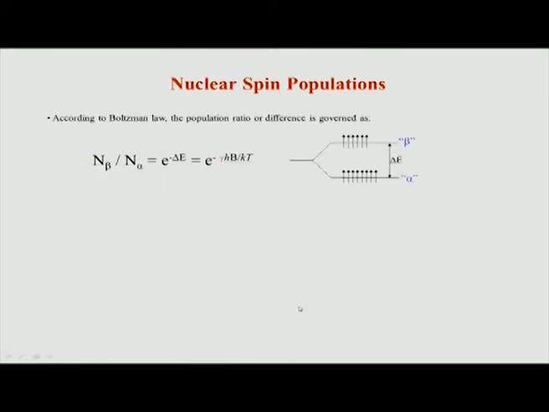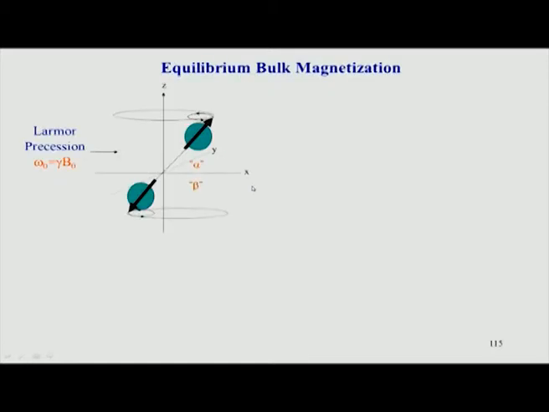Now, if you look at it population-wise, according to the rule known as Boltzmann's law, the two energy levels are not equally populated. There are more spins in the ground state and fewer spins in the upper energy state, and the ratio of the population between the two states is given by Boltzmann's law, which is related to minus delta E over kT. So, there is a kT here, and that is what is shown here. This is e raised to minus gamma h B0, in our case the magnetic field B, divided by kT.